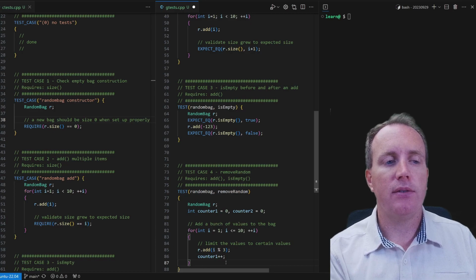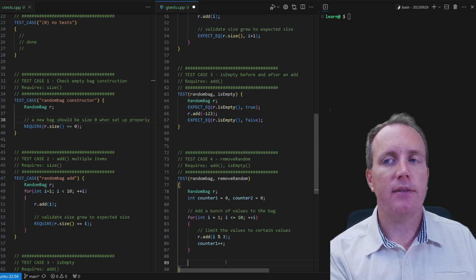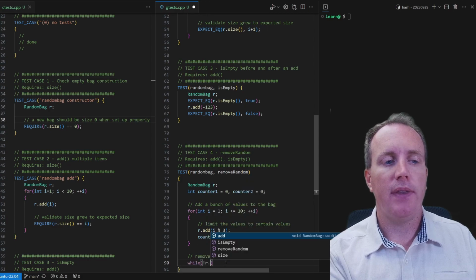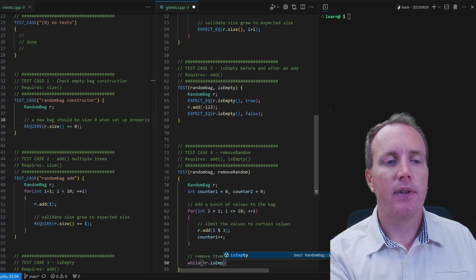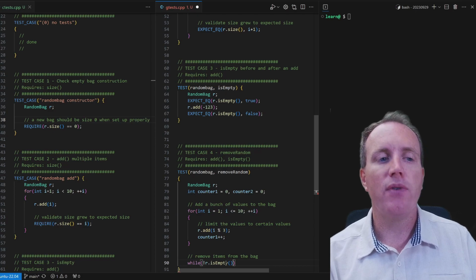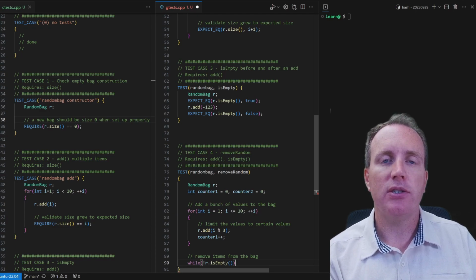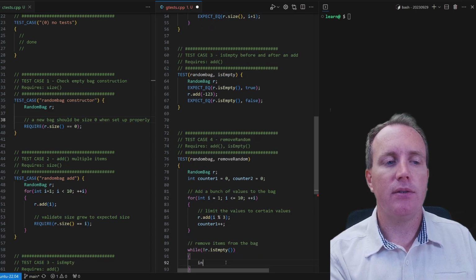And so we're going to check this. So remove items from the bag, and then we're going to remove them all. So while not is empty, I pre-wrote that comment because I know in my test I will remove everything from the bag and I have to add things to the bag. So both of these have to be true. Is empty has to be working. We could just check size of 0, and that would make size our requirement instead of is empty. And we are simply going to get that value